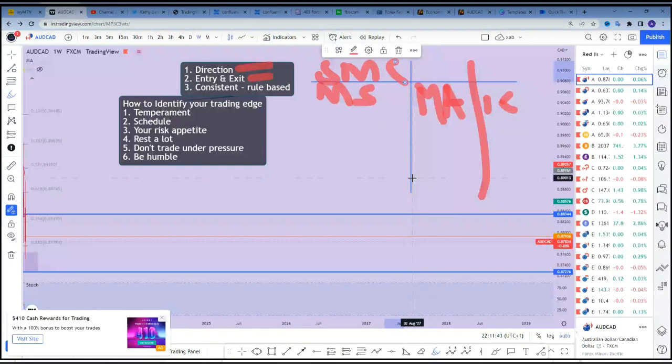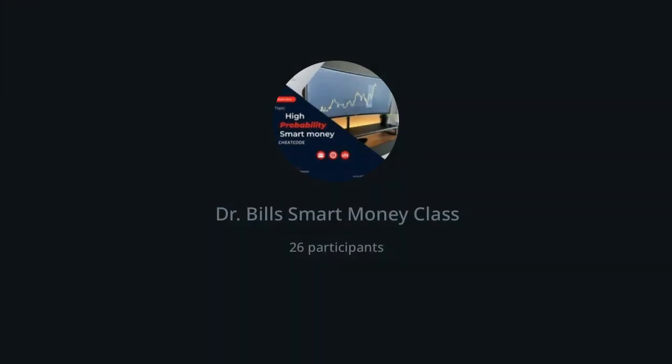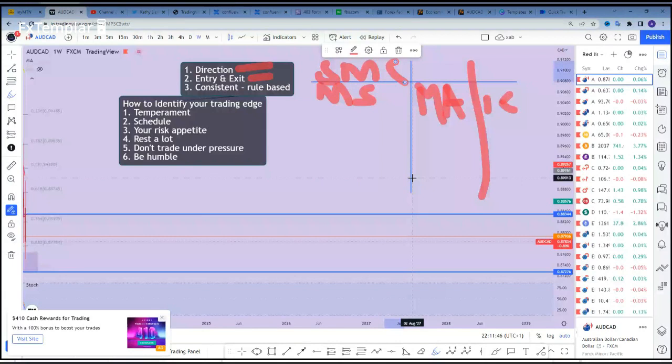Our exit is based on liquidity grabs, order blocks, market structure, and so many different things, such that sometimes price would have reversed and you will not know on time. You wouldn't know on time.